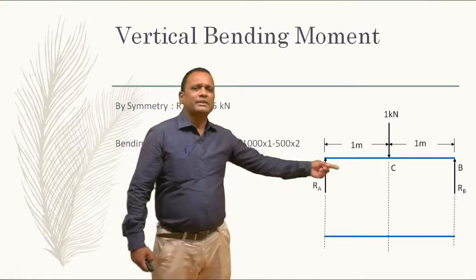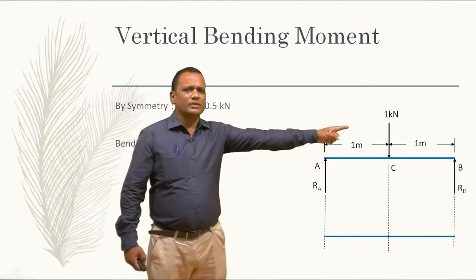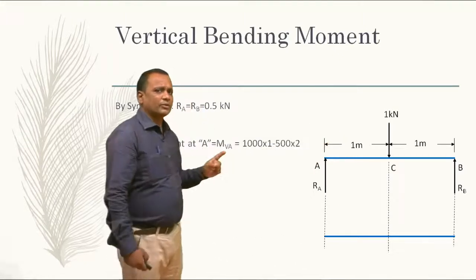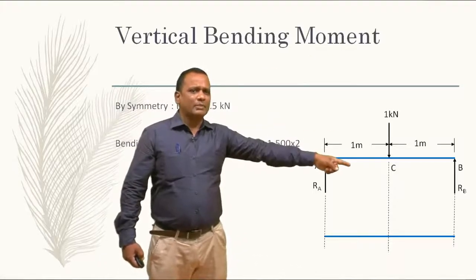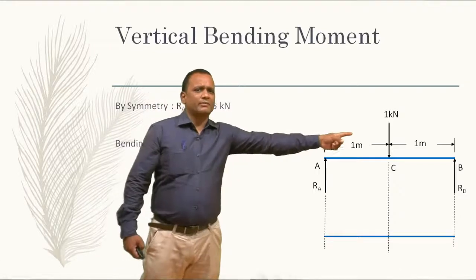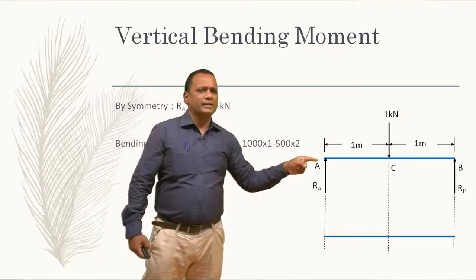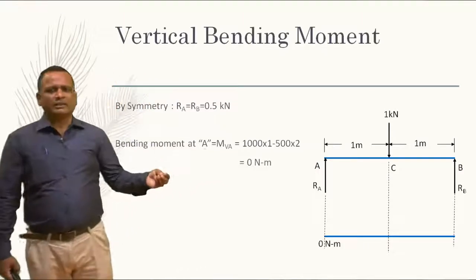I will take clockwise as a plus, anti-clockwise as a minus. So in this case, 1000 Newton into 1. That's what I have written over here. So minus, since it's anti-clockwise, minus Rb, which is 0.5, that is 500 Newton, into 2. The distance from there to here is 2, but my reference is point A. So when I do this, whatever element I get would be 0.